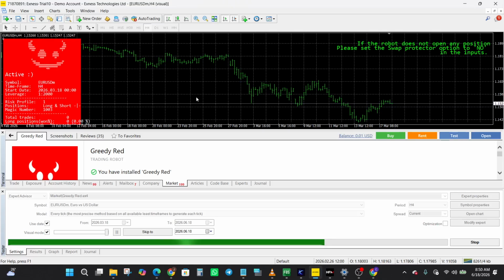Overall, the Greedy Red EA for MT4 is a volume profile based trading system that combines support and resistance analysis, RSI divergence detection, trailing stop management, and martingale position scaling. As always, I would encourage anyone interested in the EA to perform their own testing and optimization before considering live deployment, so they can determine whether it aligns with their own trading objectives and